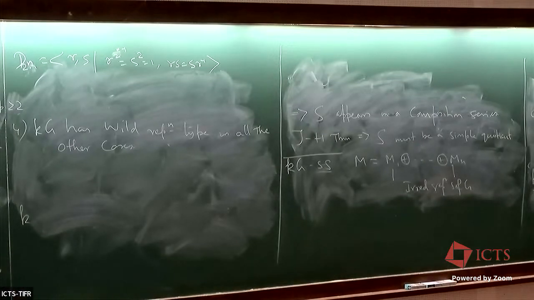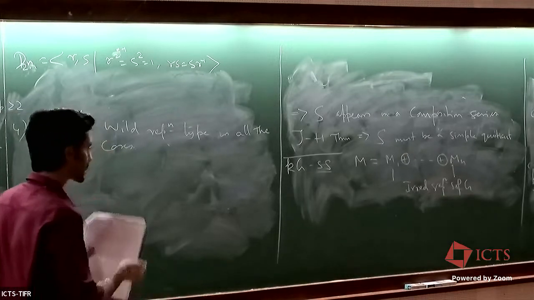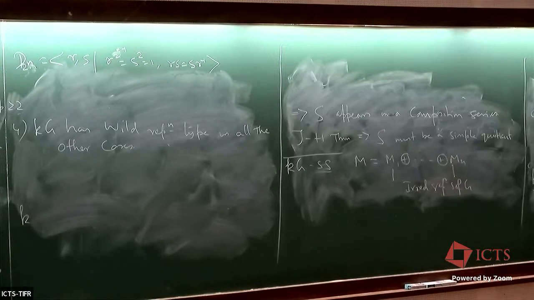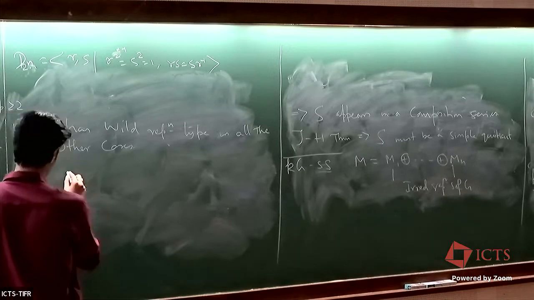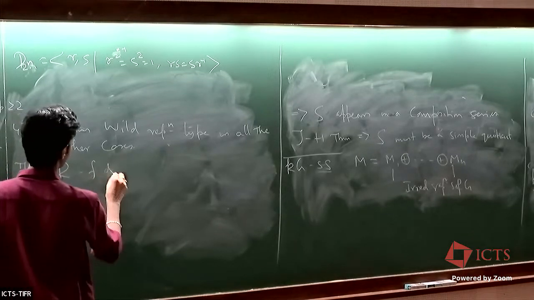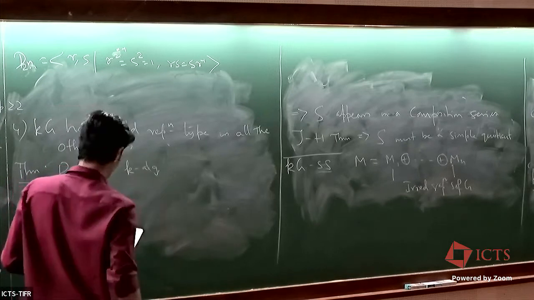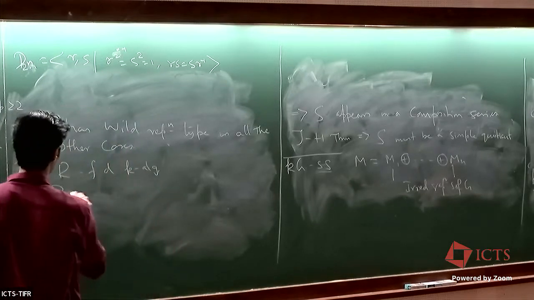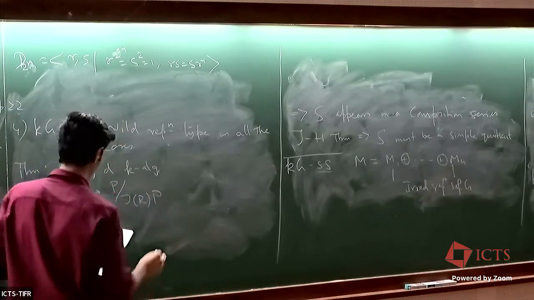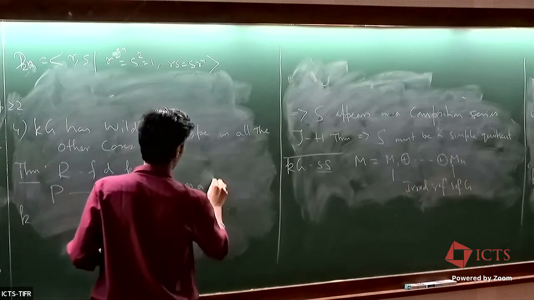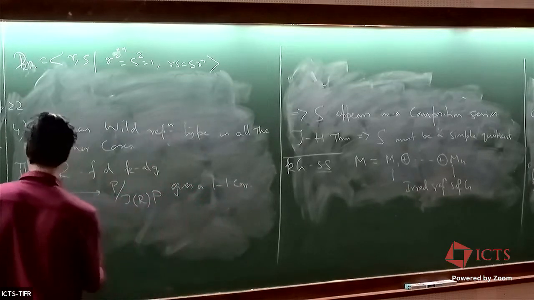Also, there is a connection. What we are talking about is basically the differences between indecomposables and irreducibles, but they are not entirely different. In fact, there is a connection which says that projective indecomposables are in one-to-one correspondence with irreducibles. So the theorem is, if R is a finite dimensional K algebra, then the association P goes to P mod Jacobson radical of R times P gives a one-to-one correspondence between